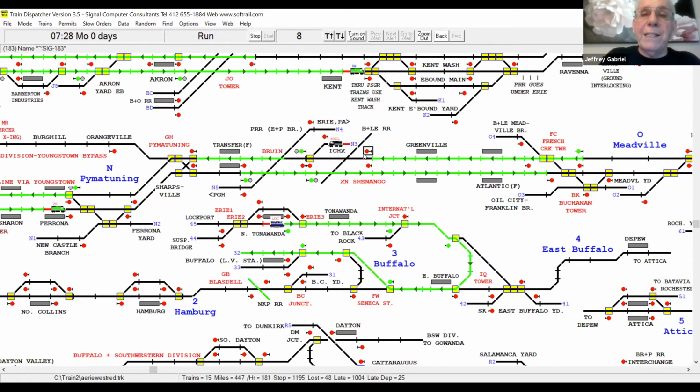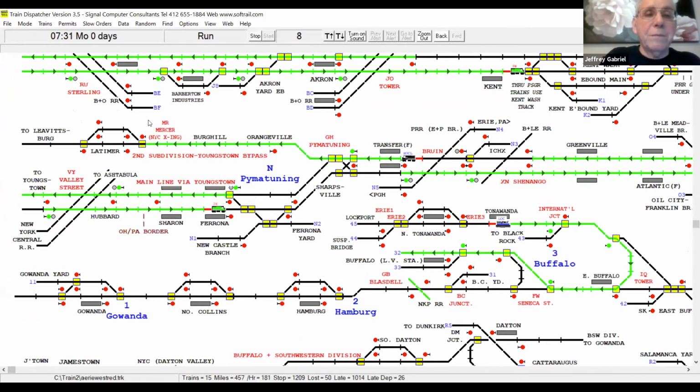Meantime, and lastly, HOCL, that train that worked at Bessemer and Lake Erie interchange, is going to come out. Since he's going to Cleveland, he doesn't work Youngstown, so he's going to go via the bypass. So we're going to line him at Pymatuning straight west on the Youngstown bypass, sometimes called the second subdivision.